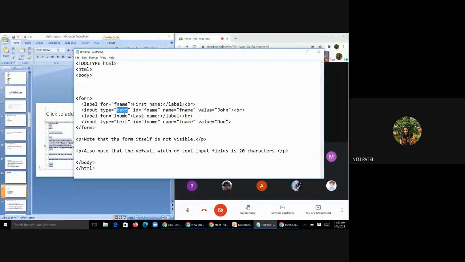Similarly, if it is HTML, in HTML also, whenever you define any type of input type, that input type should compulsorily have an ID. And what is that ID? An ID is nothing but a unique identification to that particular element which is described. The name of the ID can be anything. If you want F name, you keep F name. You want first name, you keep it first name. If you want only name, you keep it only name.